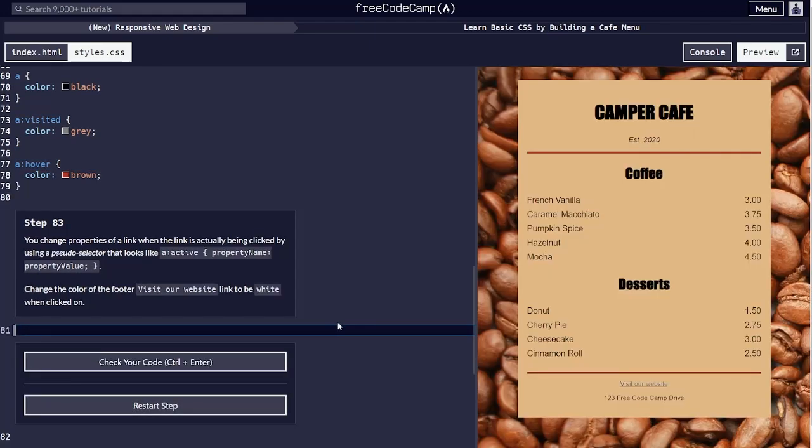Okay, you change properties of a link when the link is actually being clicked by using a pseudo selector that looks like active, property name, property value. Change the color of the footer visit our website link to be white when clicked on. Alright, so we're going to do a active, property, no, property name. I keep trying to do that. That's not it. So we're going to do a color, white,